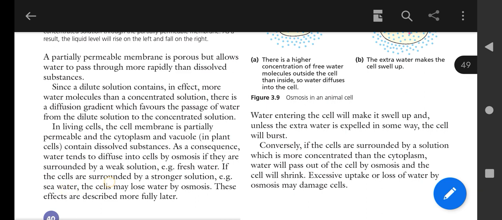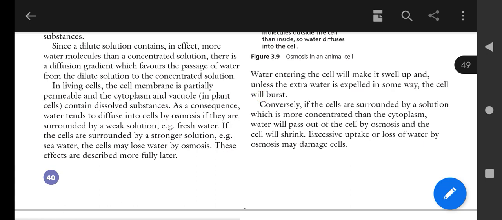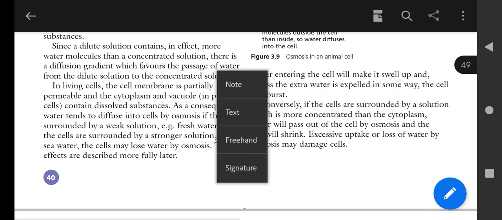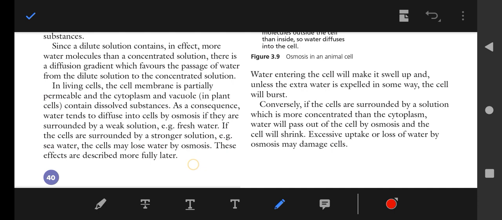for example, seawater, which we know is concentrated water, containing a high amount of salts, or we can say saltish water, the cells may lose water by osmosis. Actually, when we place the cell, which contains a normal concentration of salts, just like for example the RBC, which is only 0.85%,